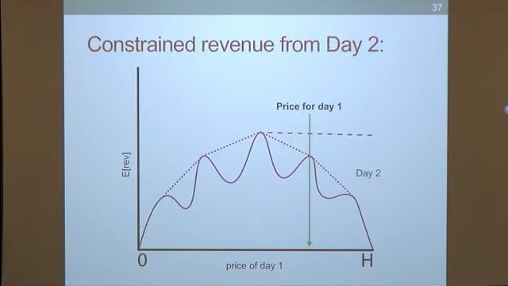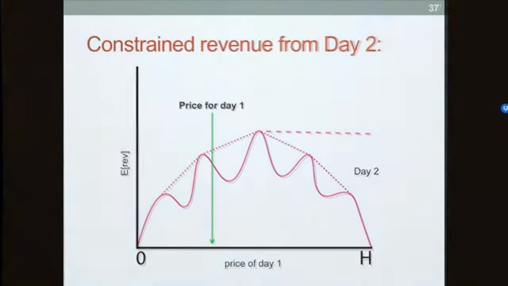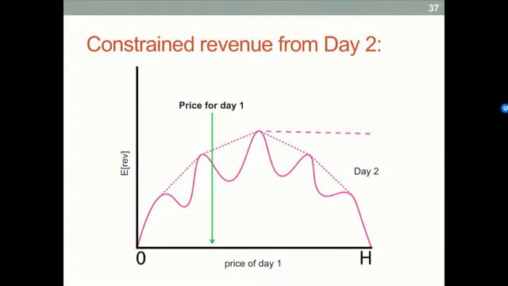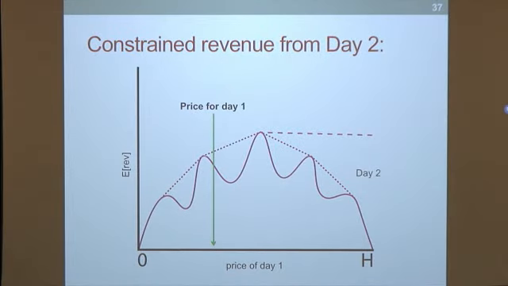Hand wavy. Okay. So again, if you're to the right of the peak, then you'll just choose the peak, and you get that revenue, which is why you get this flat line here. And if you're to the left of the peak, then the best thing you can do is choose the best point that's cheaper on this ironed curve, which by concavity will be exactly that point. It might be randomized if it's here. If the price for day 1 was here, then it would be deterministic.